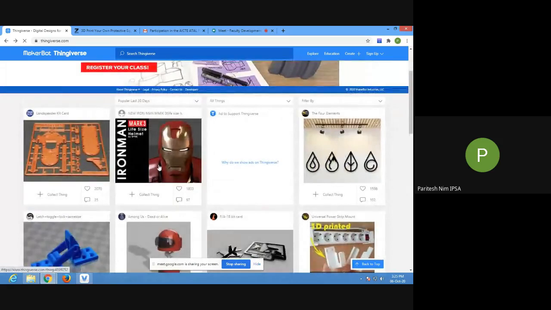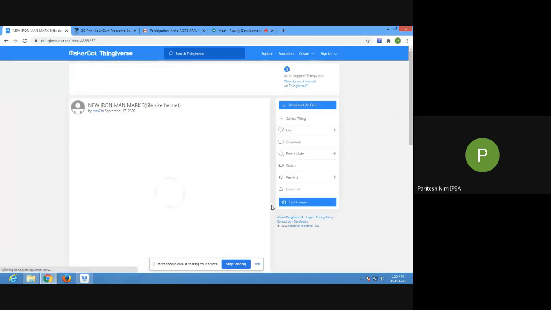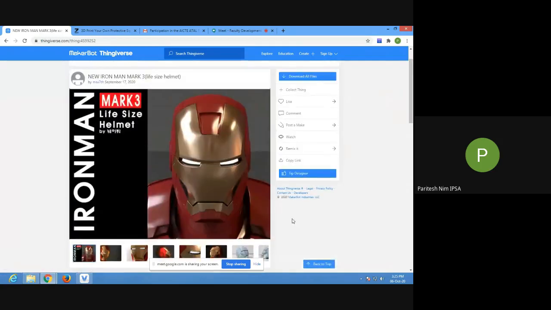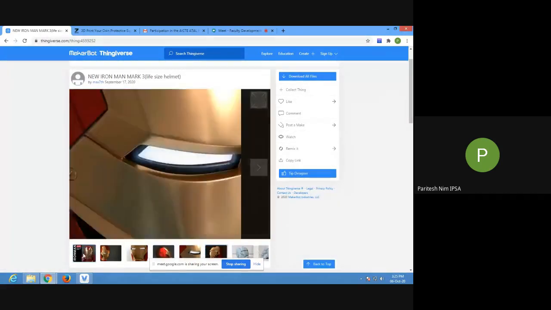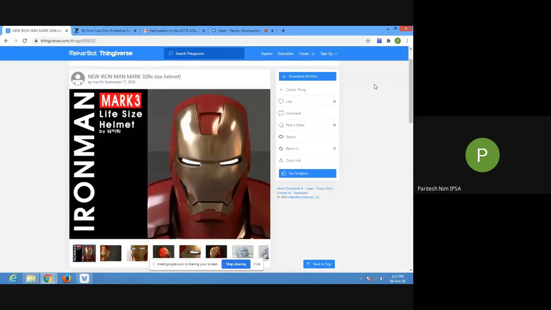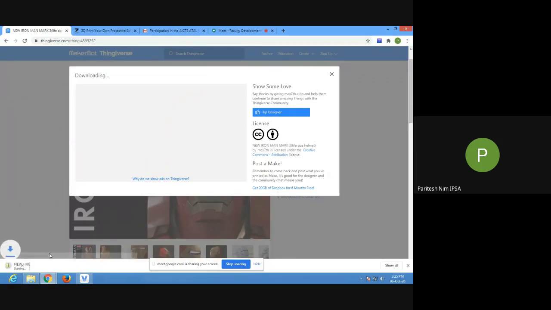Suppose I take this Iron Man. I just click here and it will load. So this is the Iron Man in .stl format. If I want to print this Iron Man file, there is a download all files option here. I just click on it and wait a few seconds, and it will start downloading automatically.